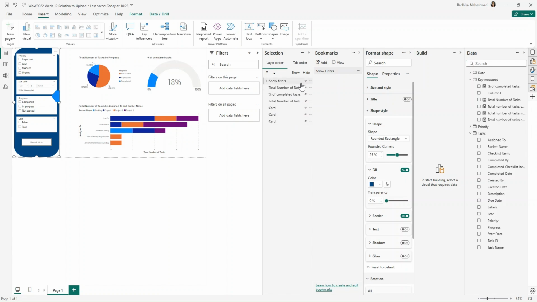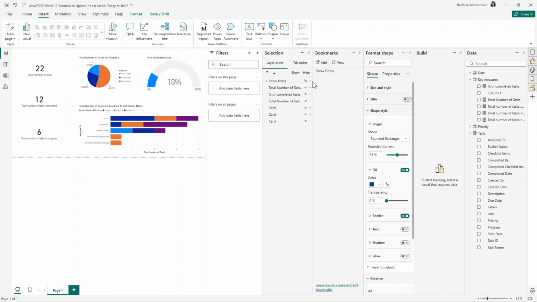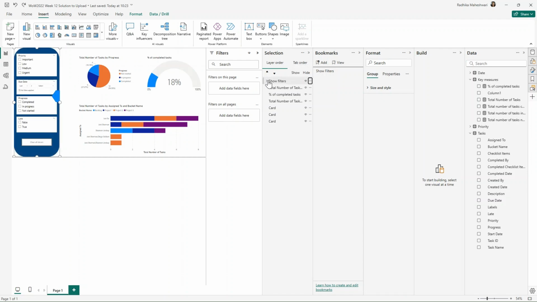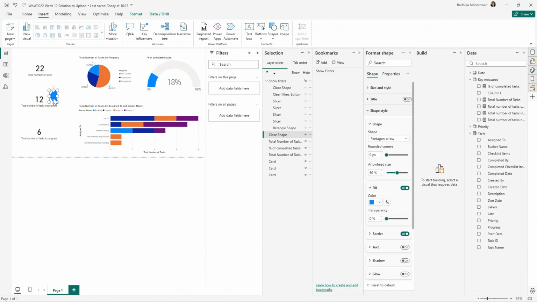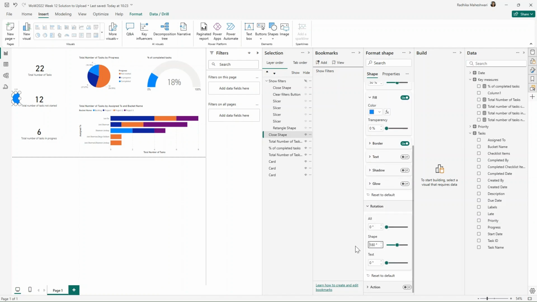And what I can do is now keep all of these filters, we need to show them. So I will keep this as is and then click on update. Now let's just hide this and get another shape. I'll just copy this one, paste it. And now I will hide all of these show filters group, and then I will bring this one exactly over here, and we need to point this in the opposite direction. So again, I'll go into shape and now change its direction to 0 degrees.